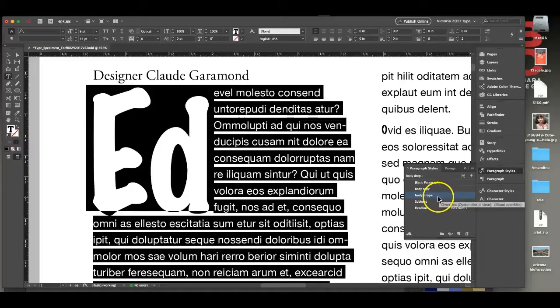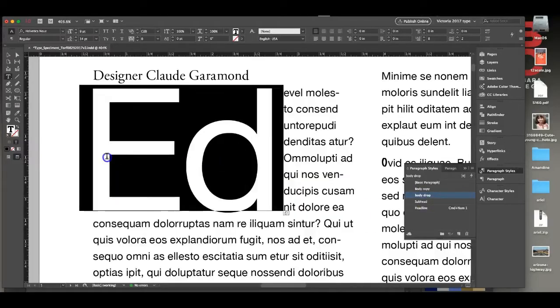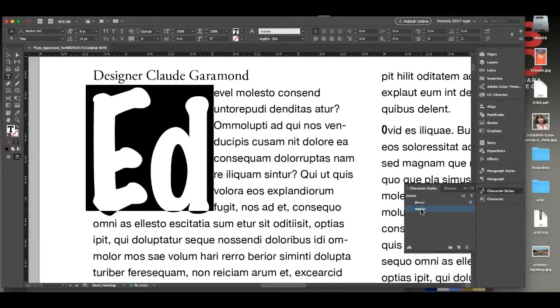See the plus sign? This plus sign means that I did something that's not authentic to this paragraph. If I hold my option key down, it overrides it, which turned Ed back to the body copy. But if I want to make my drop cap a special character, I can either highlight it and turn it to Marker Felt by using my character panel, or